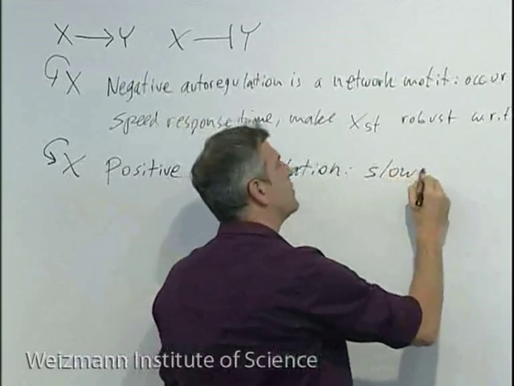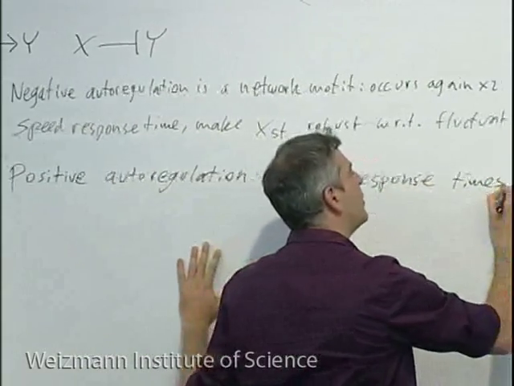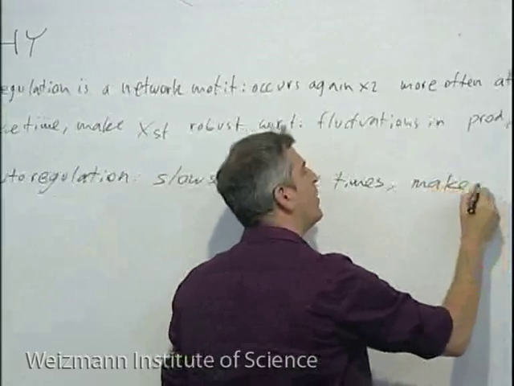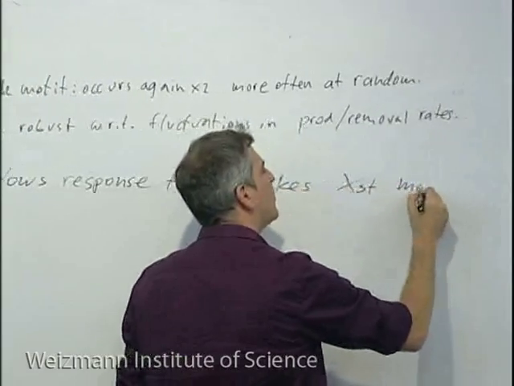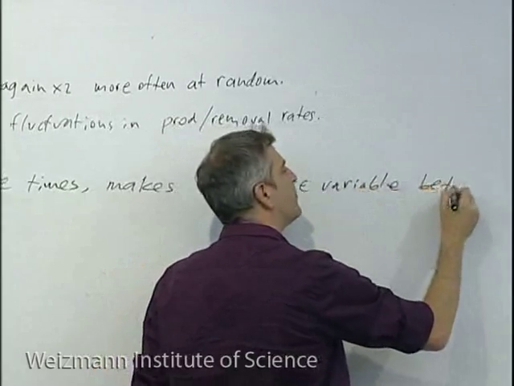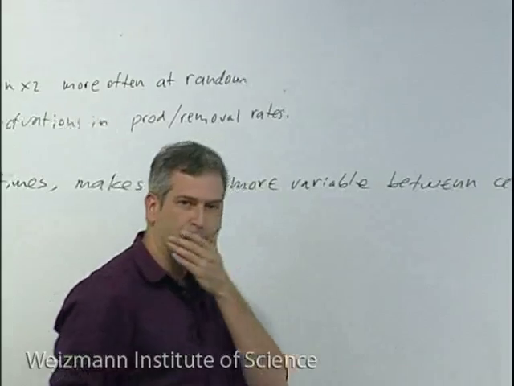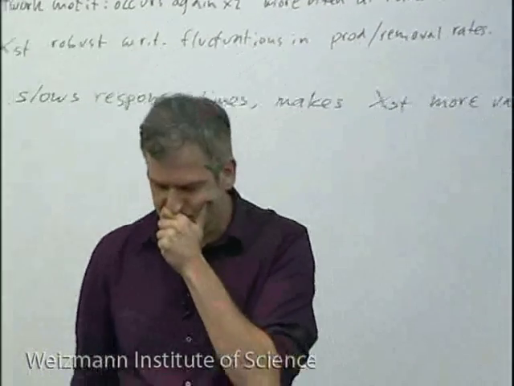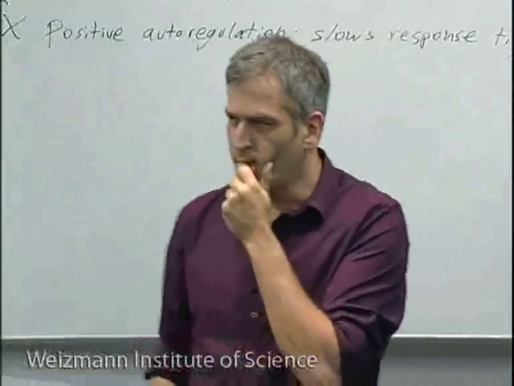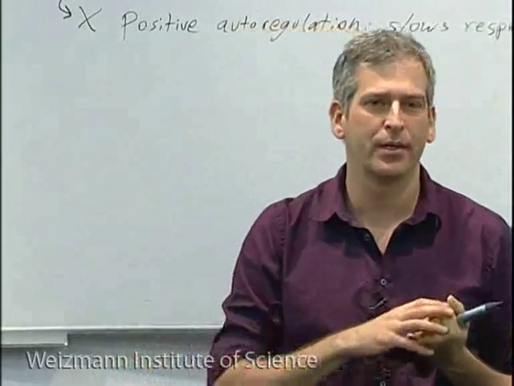It slows response times and makes the X steady state more variable between cells. In certain extreme cases, it can even make the population be all or none, either making a lot of X